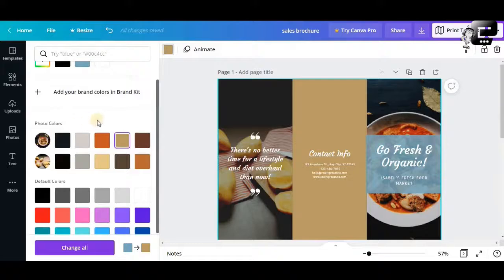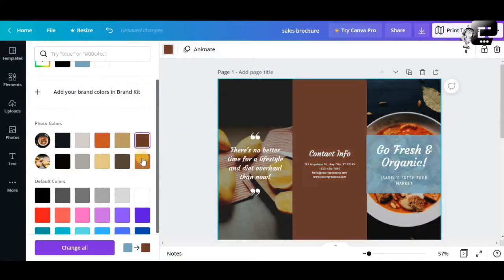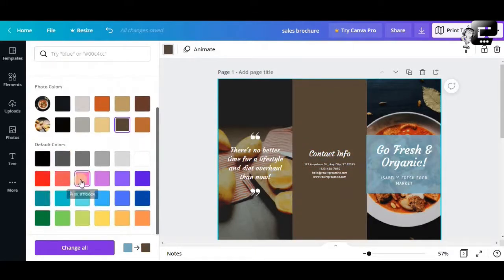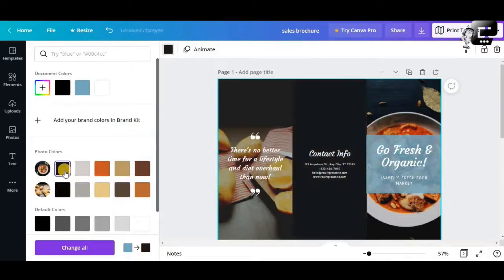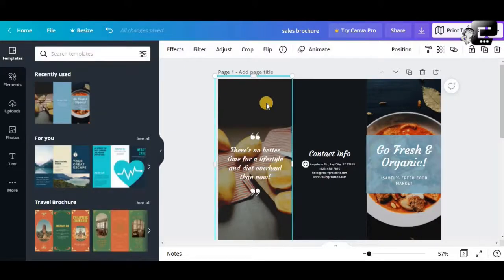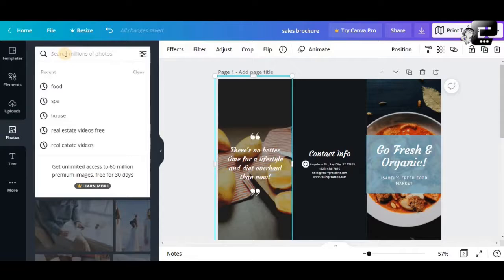It's based on the photo that is included in the template, or you can use the default colors of Canva. So this is a really nice shade of black there, okay, and that's how you change the background color. If you want to change the image here, you can just go to photos on your tools panel and search